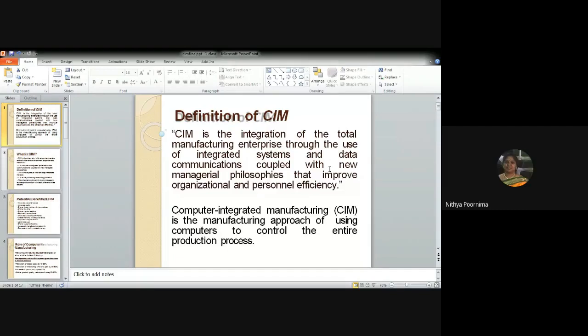Okay. Can somebody define Sim according to Groover? You only referred to the text by Groover, right? Actually, ma'am, sir asked us not to refer to any textbook. He just gave us the notes. So we just refer to his notes, ma'am. You referred to his notes. Okay. Can somebody define what is Sim then?